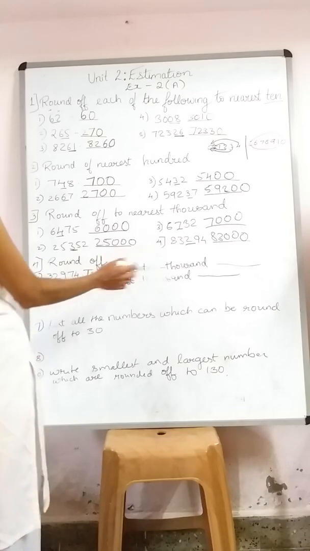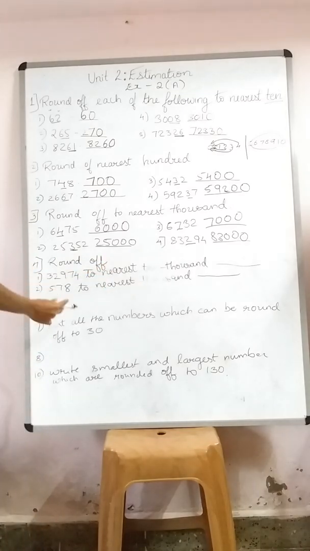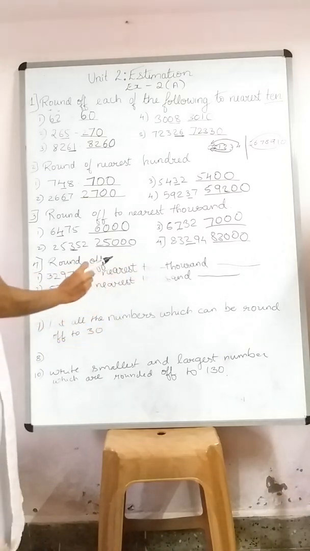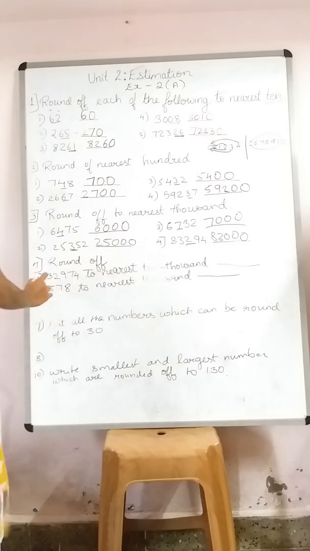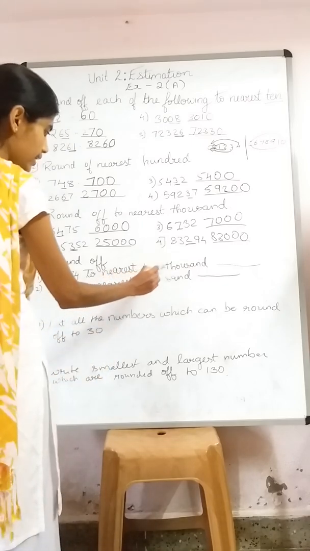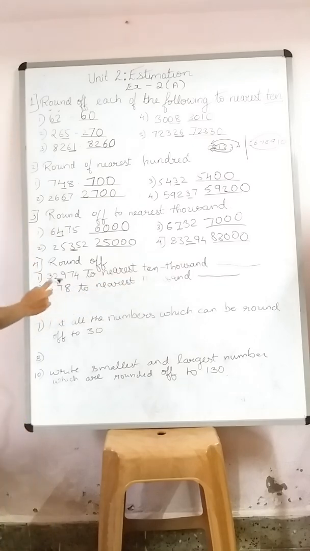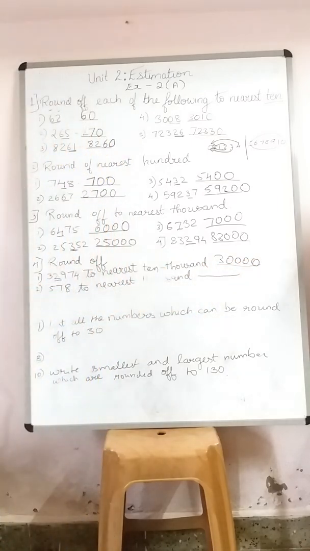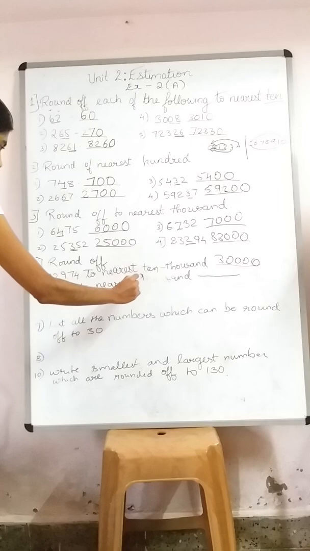Round off to nearest places. Now we have the first one. There are more examples, children, you solve on your own. These are the required problems I have taken to solve. Now 32,974 to the nearest 10,000. Now what should you do? Round off to 10,000. So when you say 10,000, which place should you look at? Thousands place. Thousands place, which number? 2. So what will you understand here? 2 is less than 5. So what should you do? You keep other numbers as 0. Now what is the answer you got? The answer is 30,000.